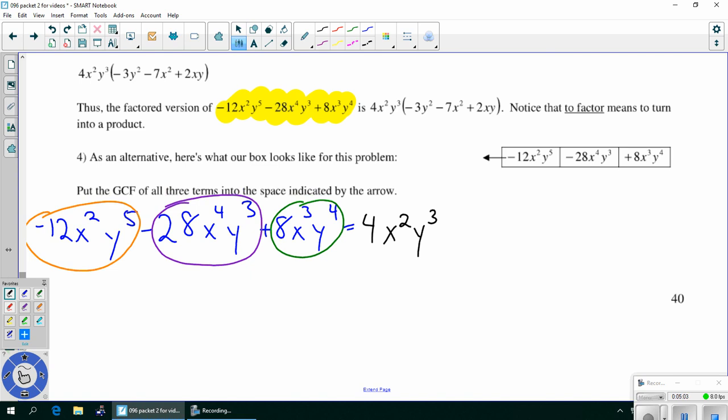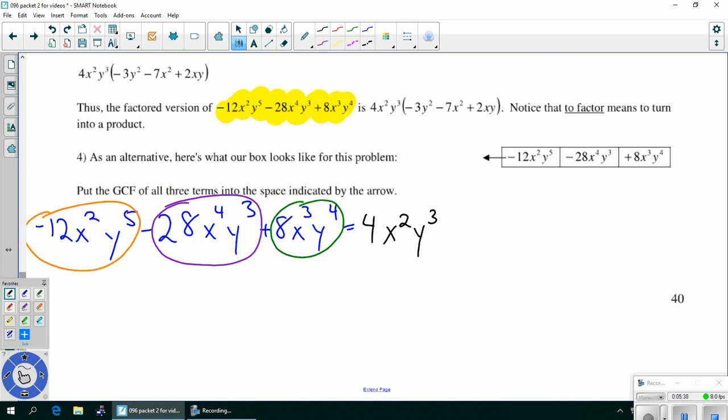And I just want to point out there's this kind of weird thing happening. We're looking for the greatest common factor, but if you look at the x powers, there was a square and a fourth and a third, and which one ended up out in the front? It was actually the smallest of those three numbers, right? 2, 4, and 3. We took out only 2. So we're trying to take out the greatest number of x's possible, but it turns out that the greatest number of x's you can take out is the smallest number of x's in any of the three terms. Okay, this thing that we've written here in black is the greatest common factor of those